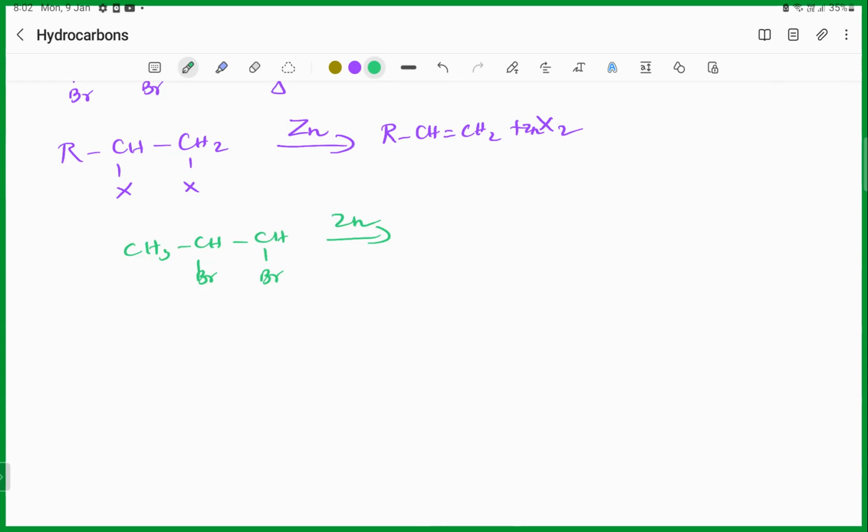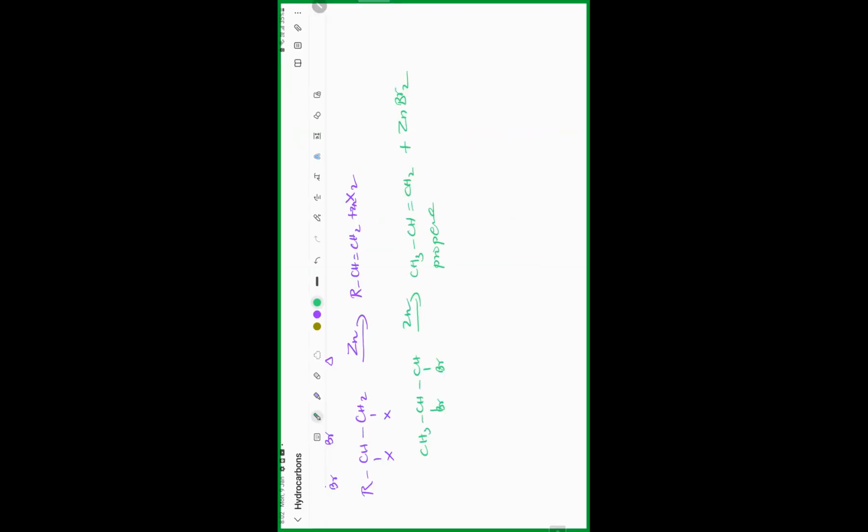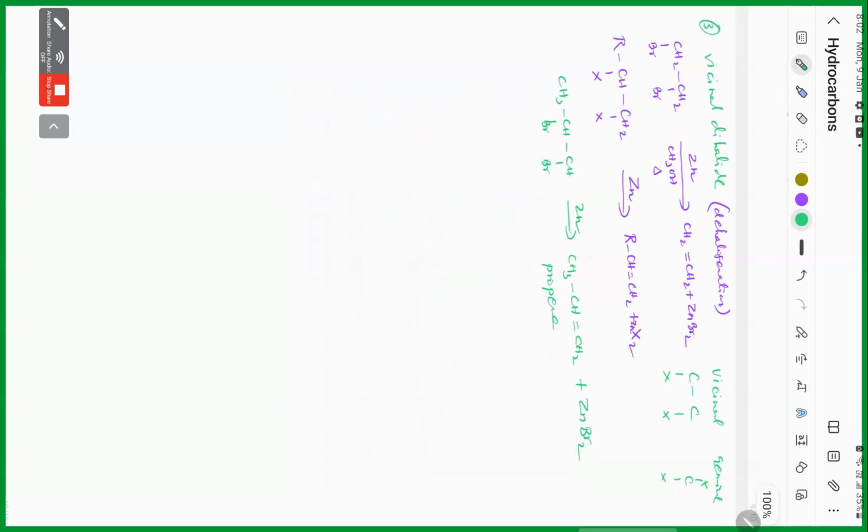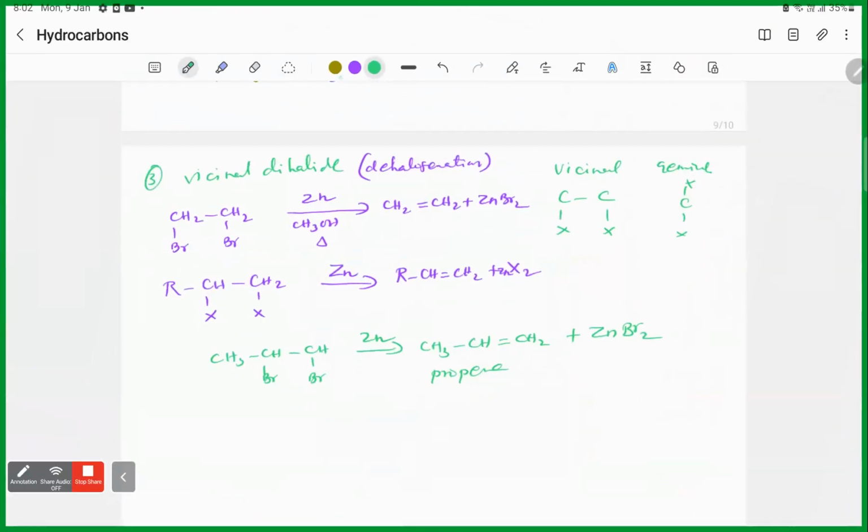Br. Sorry, CH3 CH double bond CH2, sir, plus ZnBr2, zinc bromide. So you will get propene. Okay, good. Very good. And then the last reaction,